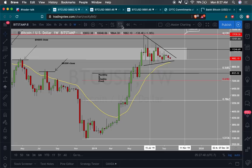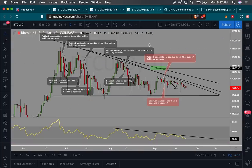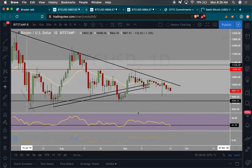Okay, so we've talked about the CFTC, we've talked about Bakkt. I told you guys about the weekly charts. Talked about smaller time frames, larger time frames. Let's see if there's anything else we need to mention. Let's see. Oh, there is this chart right here. Okay, so here's something interesting about